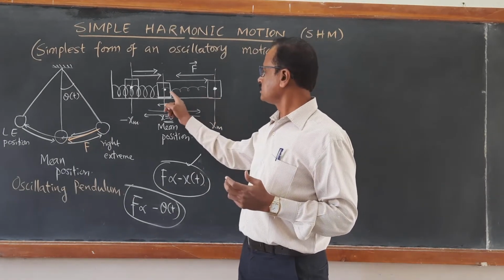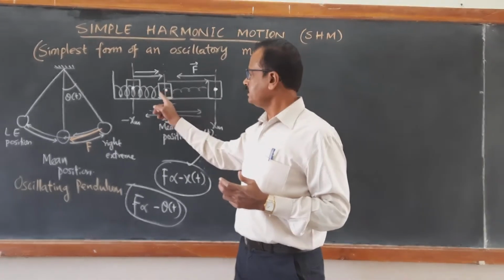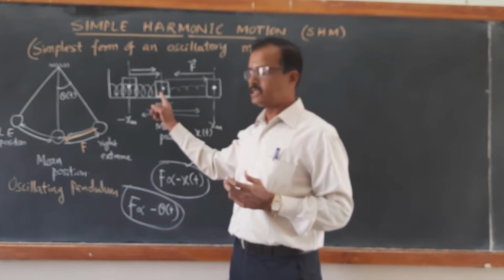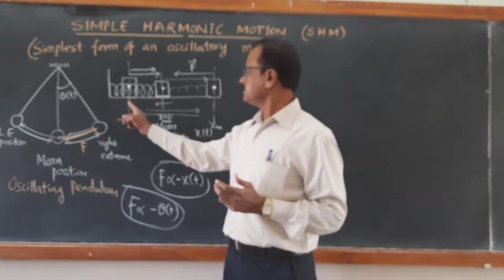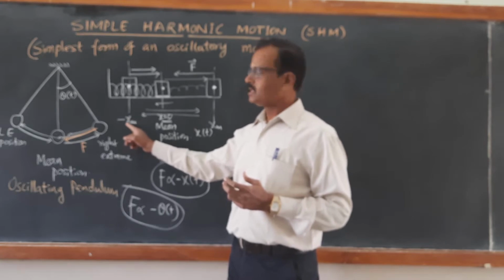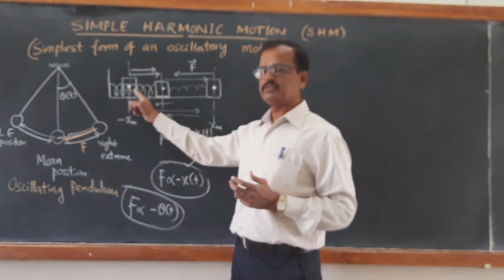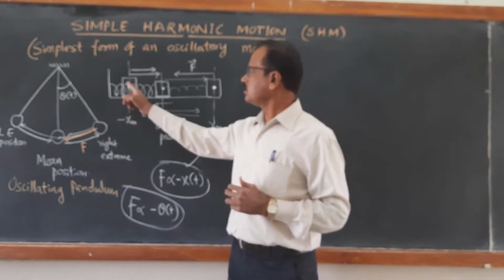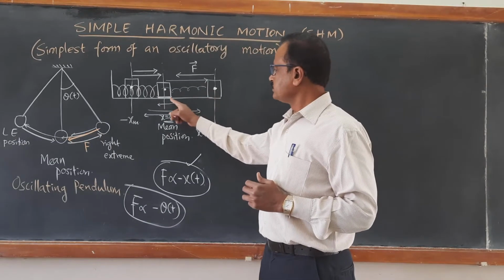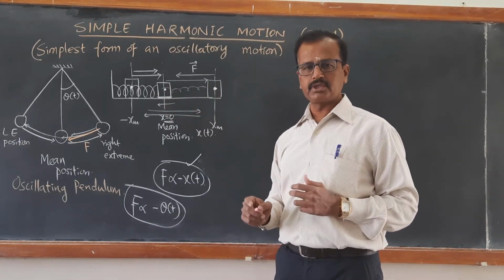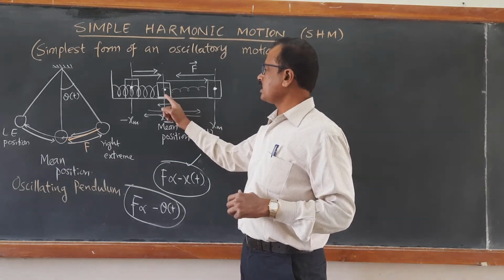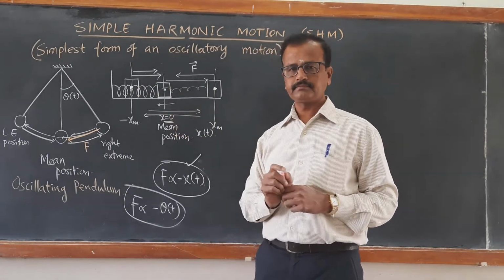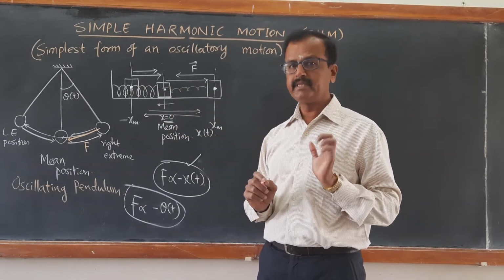the block goes to the equilibrium position, and then because of momentum and the maximum kinetic energy that it has gained, it goes to the other extreme end, to minus xm. Again, due to the restoring force, due to the compression and spring force, the load comes back to the mean position and again tends to move to the other extreme position. In this way, the block attached to the spring keeps on oscillating about the mean position.